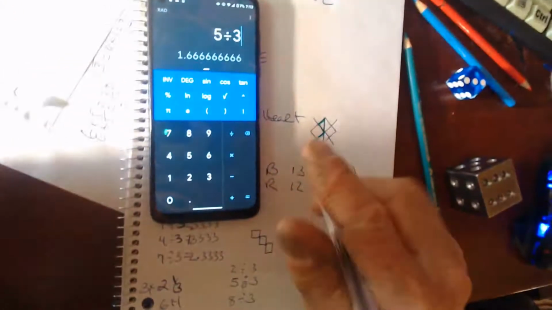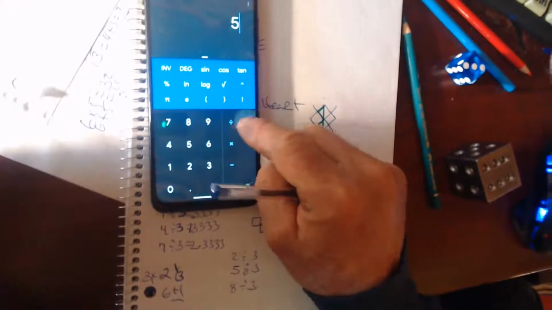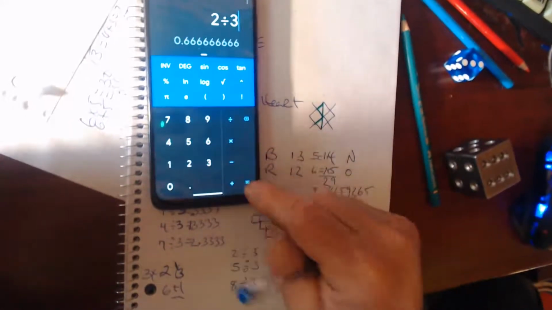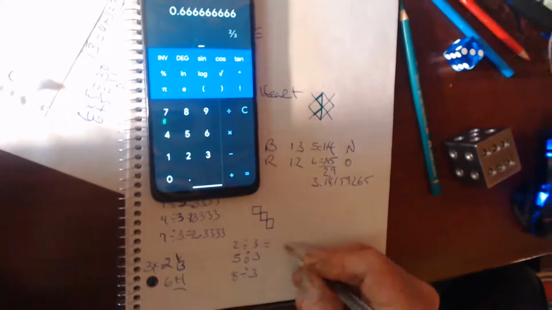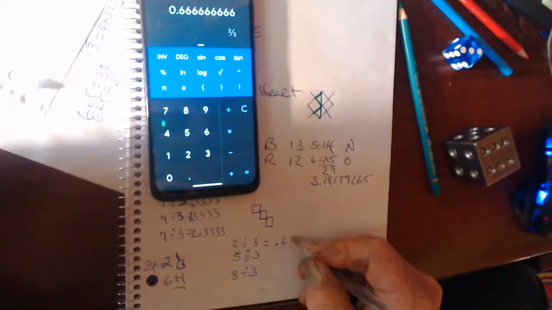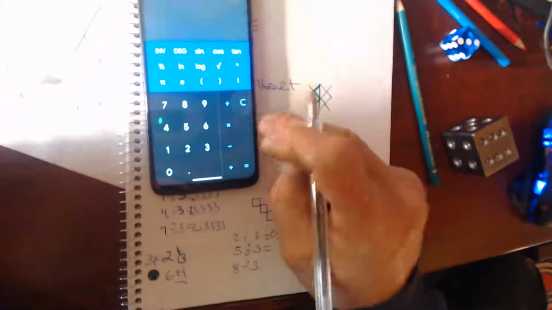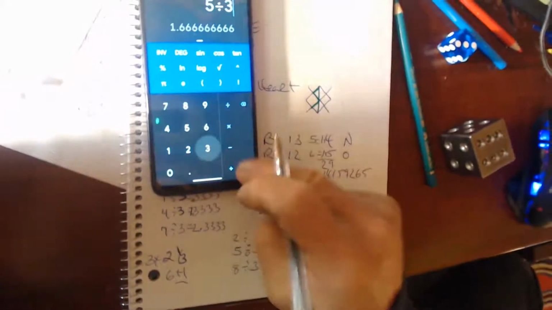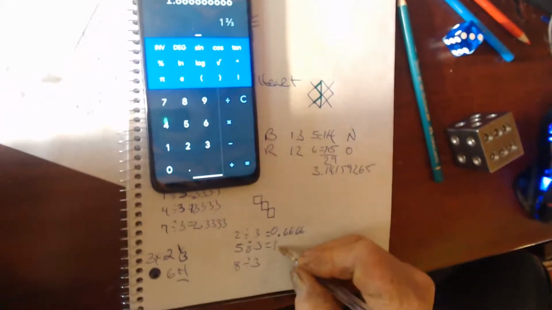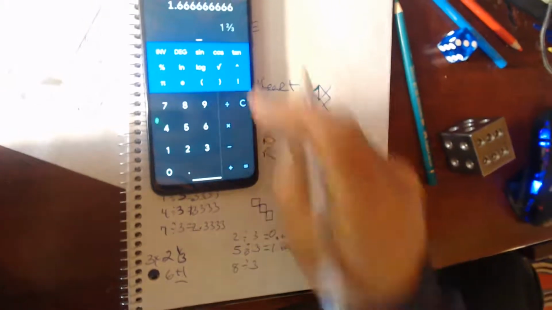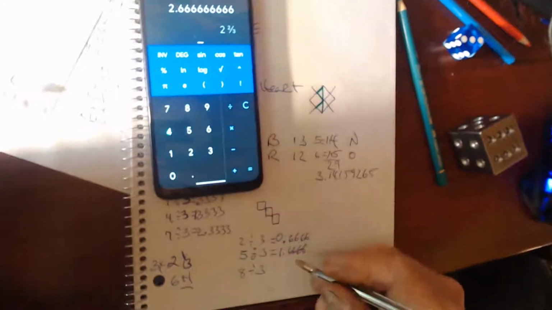2 divided by 3. Can you see this whole thing? 2 divided by 3 equals 0.6, 6, 6, 6. We're just going to do it that way. And 5 divided by 3, we're going to clear that. 5 divided by 3 equals 1.6666. That's pretty cool. So now we're going to go 8 divided by 3 equals, oh, yeah,